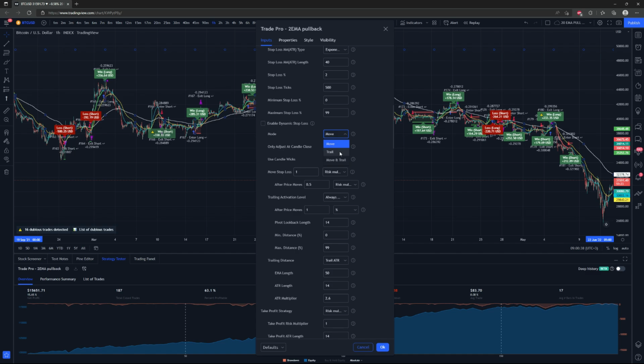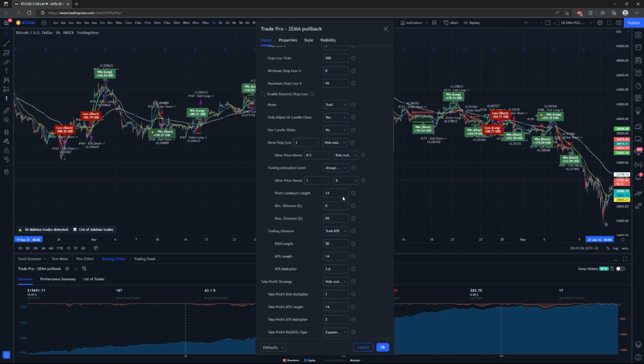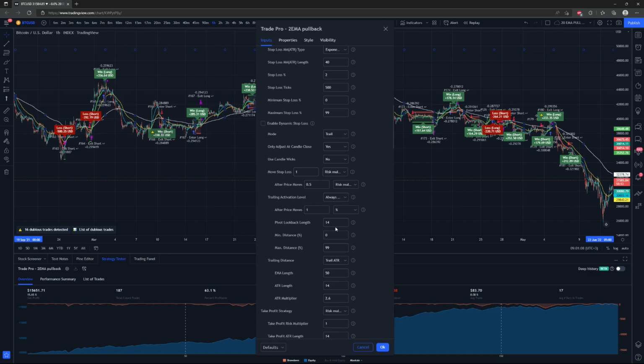You can also have the stop loss trail based on a few different factors. So we can have it start trailing right away, or we can have it start trailing at a certain point after price moves a certain percentage, a certain number of ticks, or a certain risk multiple. And you can even have it trail the stop loss at a certain EMA, a certain ATR multiple, or have it maintain the distance that it's originally started at. So a bunch of different things you can do in here with moving the stop